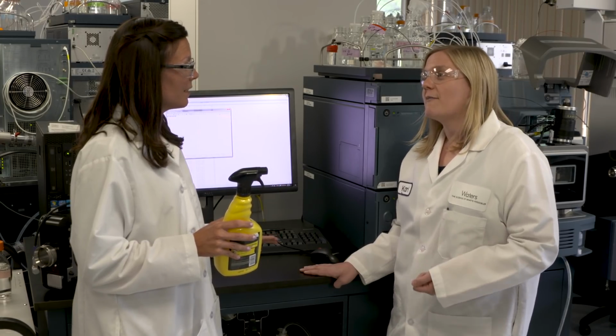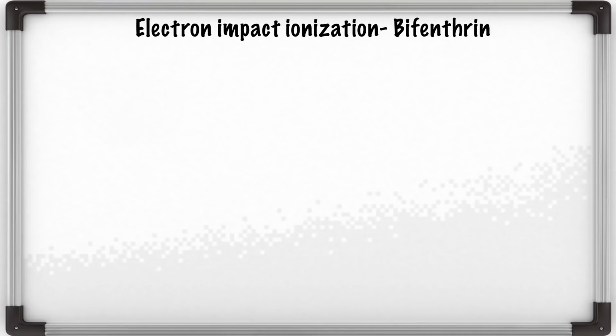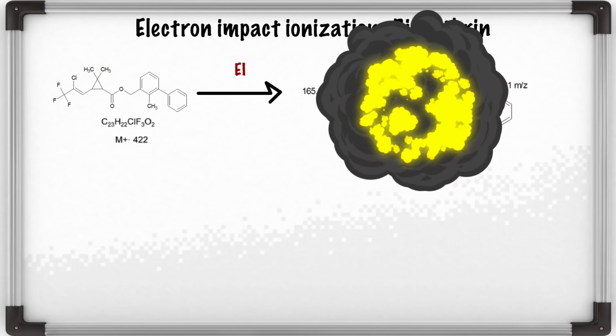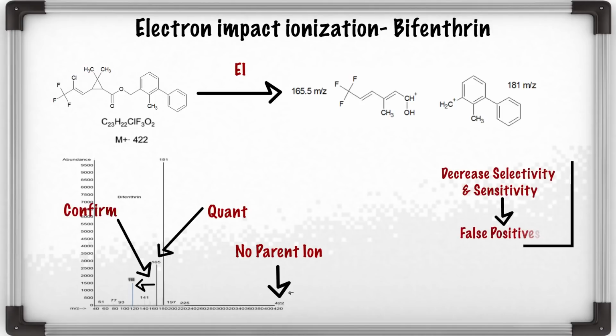So we would use our atmospheric pressure gas chromatography, or APGC system, which I can show you right here. That'd be great. So Jen, electron impact ionization is an ionization process where the compounds are being hit with high energy electrons to produce ions. Since the compounds are being hit, they tend to fragment before entering into the mass spectrometer. Since the parent ion is no longer intact for analysis, this can cause decreased selectivity and sensitivity, leading to false